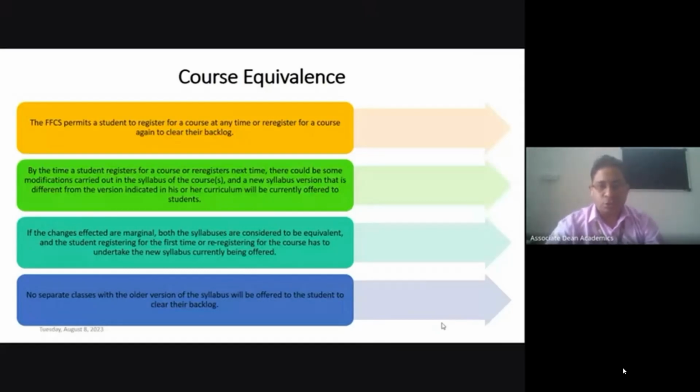Course equivalence usually will be applicable only in very few cases, provided the course you have a backlog in is no longer in existence, or has been stopped by your school, and some other equivalent course has been designed with some modification of content from the previous course. Then you have to agree to register for the modified course and complete your pending credit requirement. You will not be allowed to register your old course again because that course is no longer in existence.